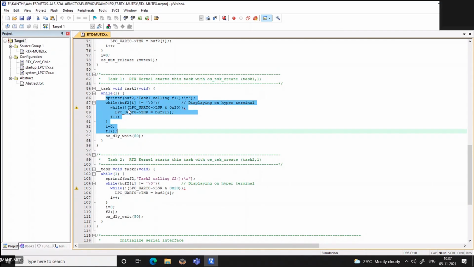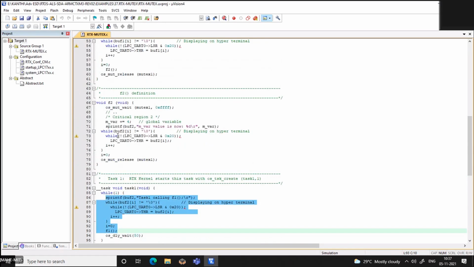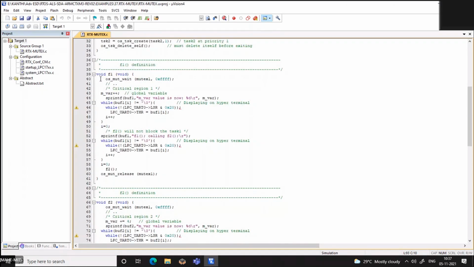So it is calling function 1. Both tasks are given the same priority, so obviously to begin with, it will pick task 1 and start executing, wherein you just send the message and call function 1. In function 1, you have the mutex. As I have shown, the RTX functions are similar to your semaphore.